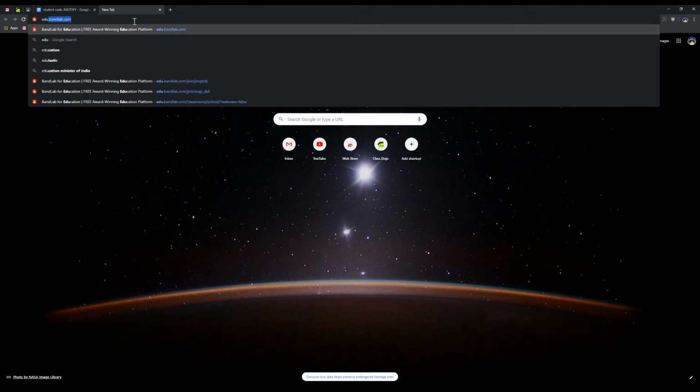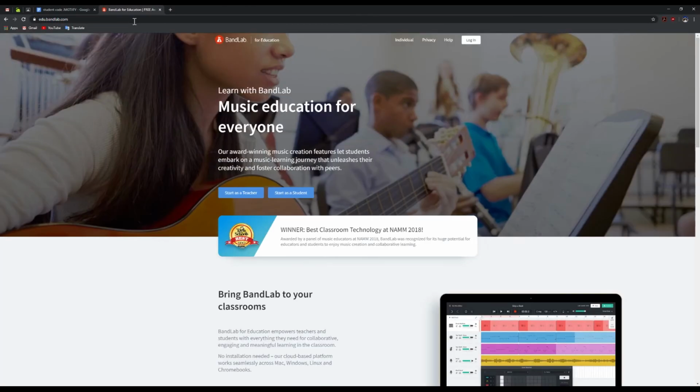If you don't add that EDU part, you will go to bandlab.com, but that's not the version we want you to be in. EDU, and yes, we have had students use the regular version, but there's a lot of spam bots in there. So edu.bandlab.com, it's going to take you to this page, and I want you to click on log in over here